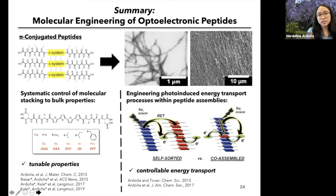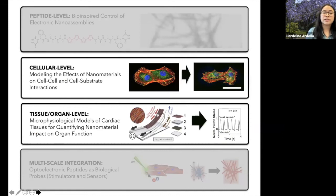So in this section, I highlighted two different things from the molecular engineering of optoelectronic peptides. Basically, we can use straightforward design parameters to control the different packing states, so that we can control more macro-scale properties such as device performance. And also we can manipulate the design of the monomers in such a way that we can control the energy transport processes. So from learning how to appropriately endow functionalities into these optoelectronic peptides in order to really understand how we can biointerface, I think this is a good switching point to describe my postdoctoral experience, where I then